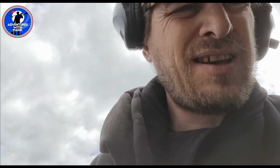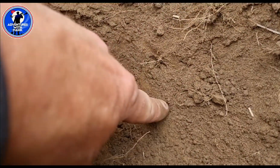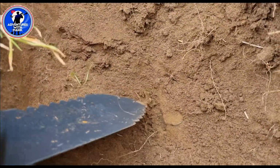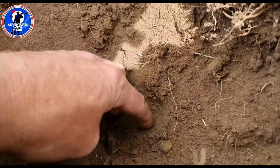Okay guys, so I've got a deep target here. It was a bit of a scratchy between the 70s and 80s. I'll show you now what I can see. So if you look down there, just about see something stuck out of the soil. I don't know if this is going to be a coin or what it's going to be. Well, I'm going to use the diggy tool now to...